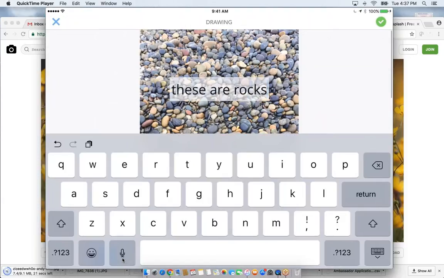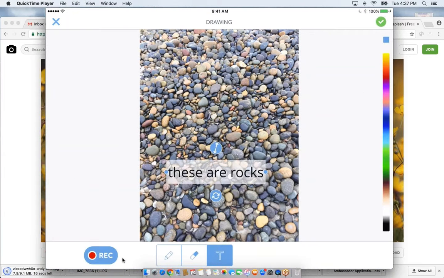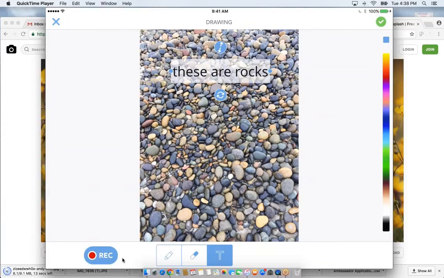It will actually type the text as you're talking. So if you have little ones, depending on your goal for the lesson or what they're creating, or if they're telling a story, that might be a nice feature for you to use as well, instead of trying to manage typing on a keyboard. That always kind of terrified me with kindergartners doing that. So keep that in mind as well. I wanted to show you that